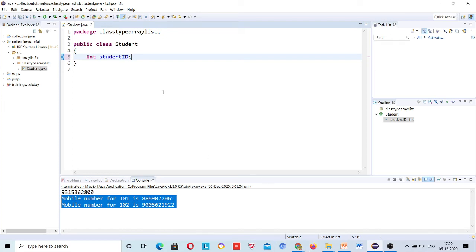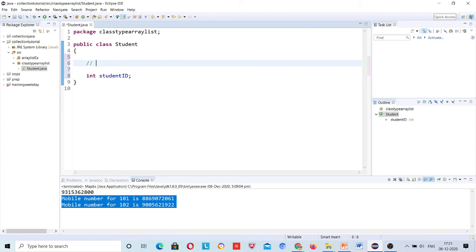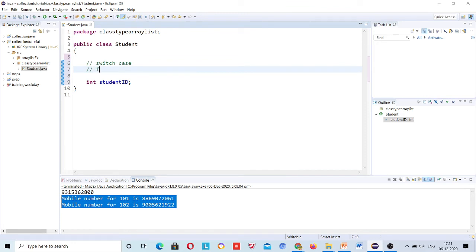So what concepts will be used in this whole mini project? Let me first write switch case. Why? Because switch case will ask you press 1 for this, press 2 for this, press 3 for this, right? And when you press 1, it will directly add a new student and take the information of that particular student. I hope you guys are getting it. Switch case, right? For each loop, all the concepts we have covered till now will be used, right?